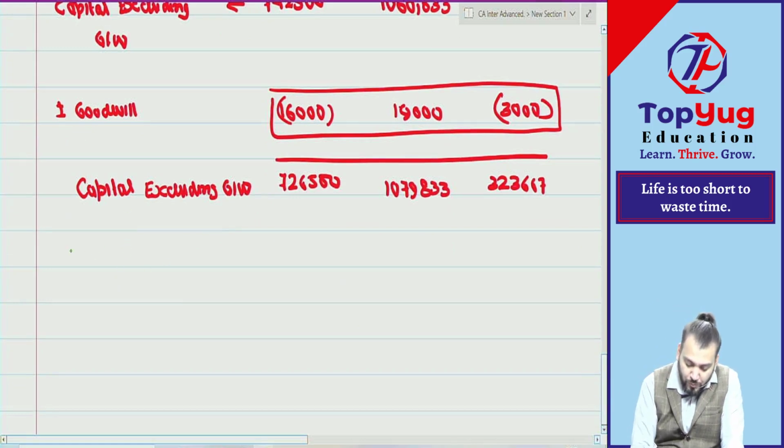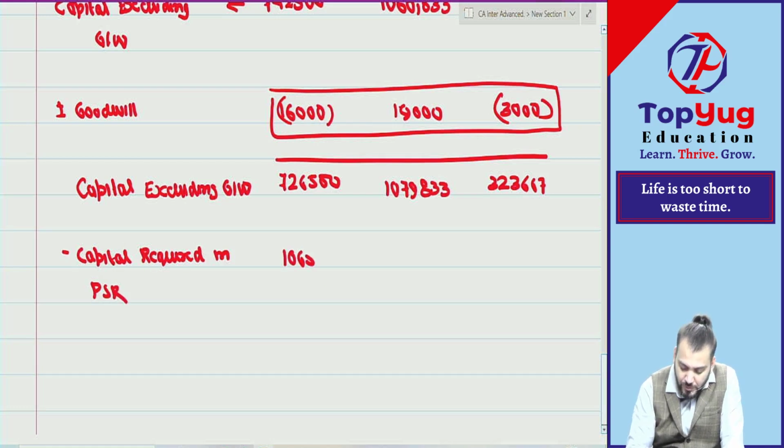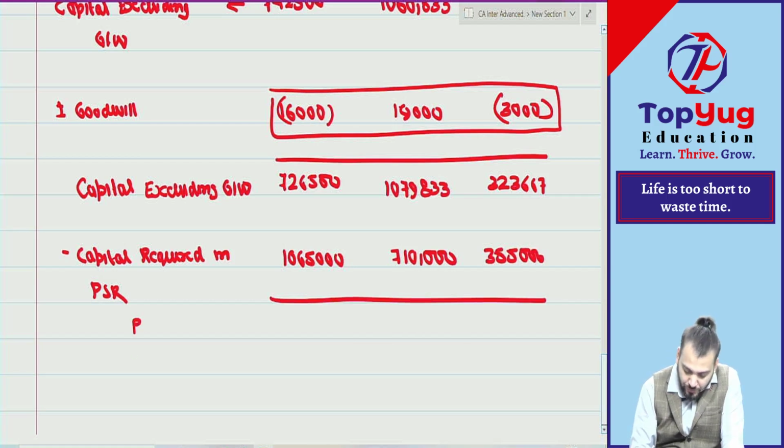Now this becomes capital available. Now we'll do capital required in PSR. In PSR, so can you allocate already? We have done 10 lakh, 65,000, 7 lakh 10,000, 3 lakh 55,000. But who will bring cash? Bring cash 3 lakh 38,000 and